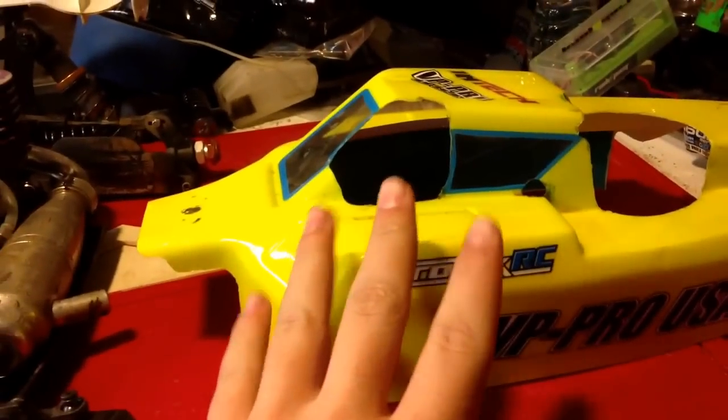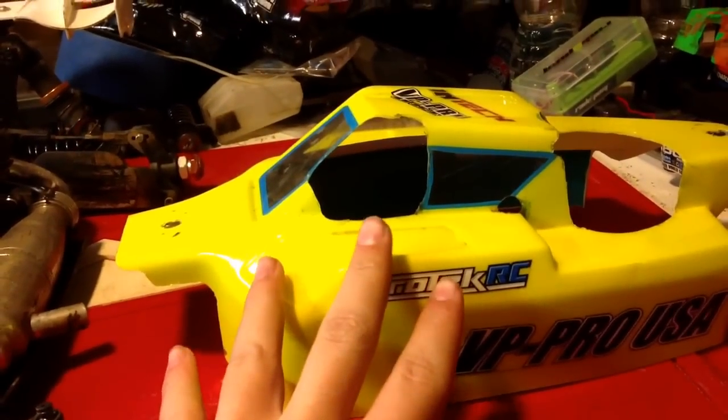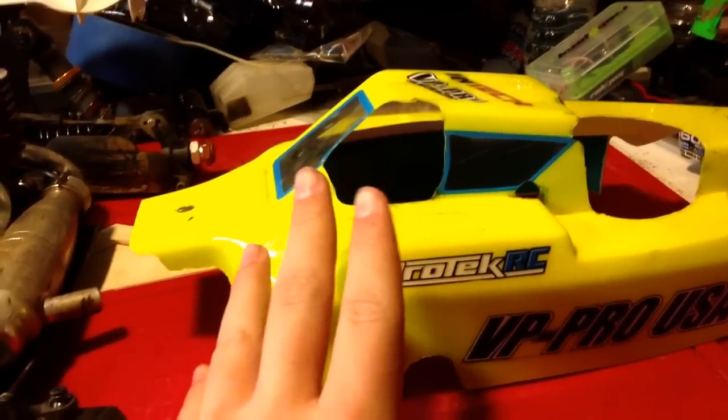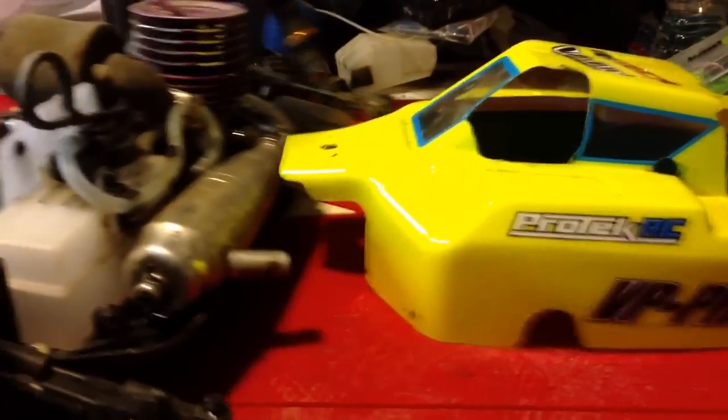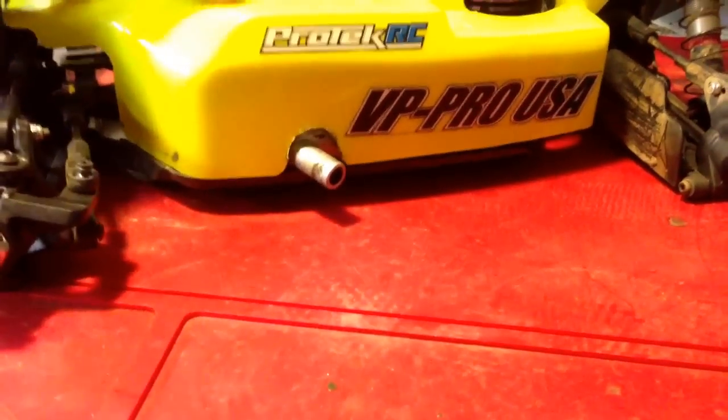The body. This is a big factor. You guys may not think so, or you may think so, whatever your thoughts are, but this is a very big factor, at least when it comes to driving. I just painted it up real quick. I didn't spend any time on it at all. I spent like 5 minutes because I did it the morning I was going to the track. I was waiting to get paint, and I didn't get paint in time, so I just used some crappy yellow that I had, not even fluorescent yellow. Kind of pissed me off, but